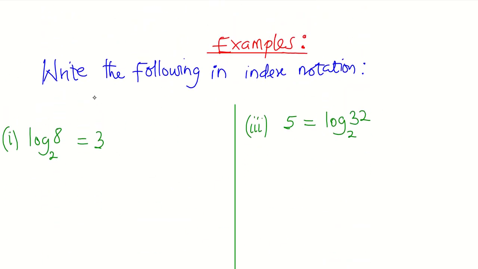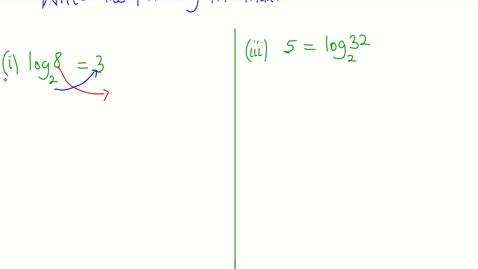So it says that write the following in index notation. We have our first example as logarithm of 8 to the base 2, which is equal to 3. So in simple terms, that means the 8 is going to come here, and then our 2 is going to take 3. So to write our solution, then we can consider 8, which is equal to, now 2 takes 3, we have 2 exponent 3. And this is how we can write in index form when we have the logarithm form. The next example,